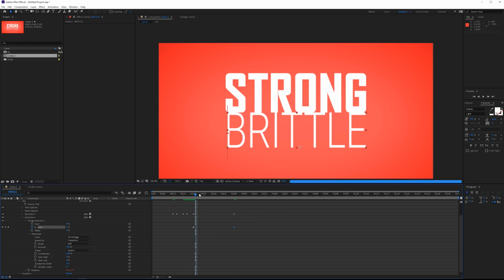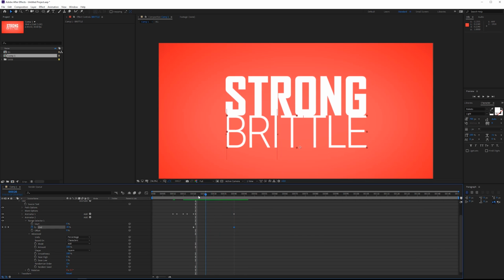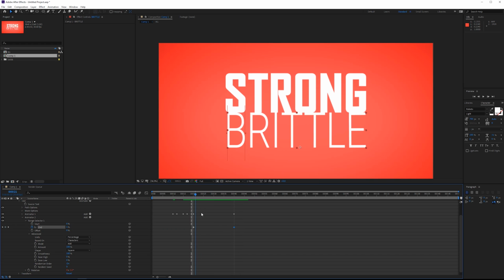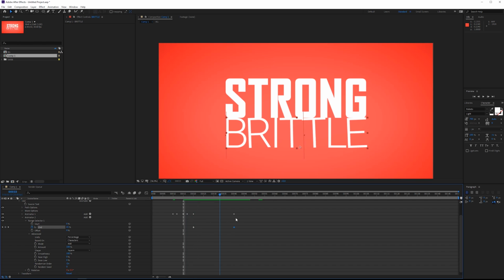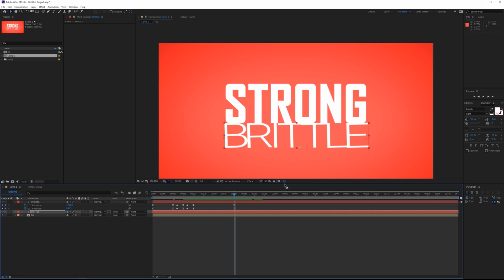But as we progress through that, some of the letters will start shaking before other ones, so they're not all going to be perfectly in sync at the beginning. Makes it look a little bit more natural, that not each one is reacting exactly the same. All right, so now what I want to do is at frame, let's say frame 40, I want this to